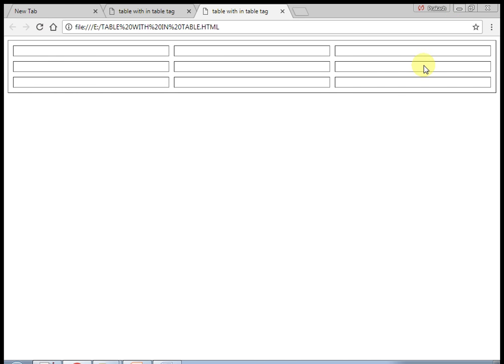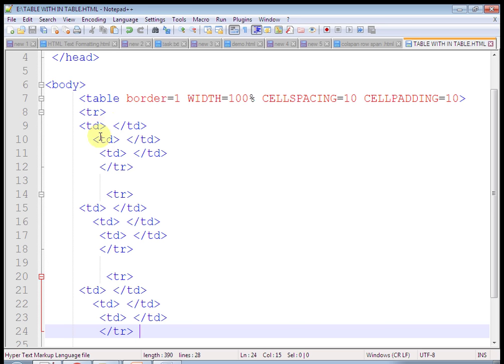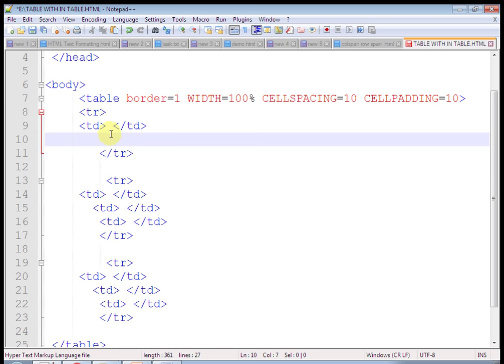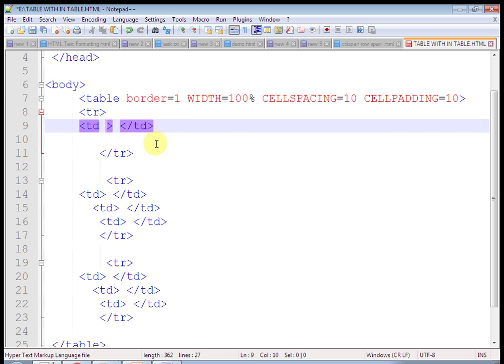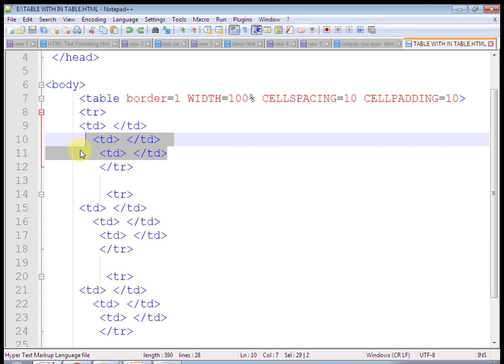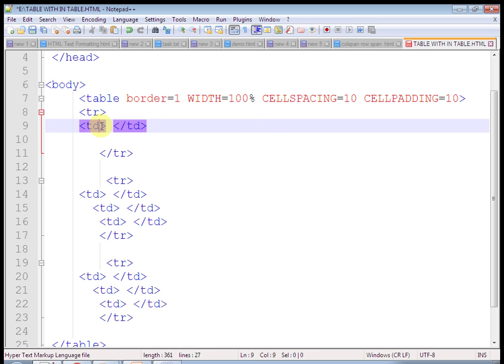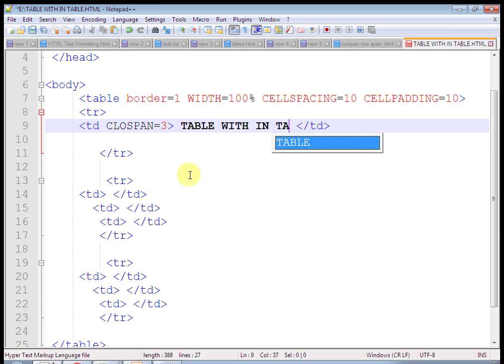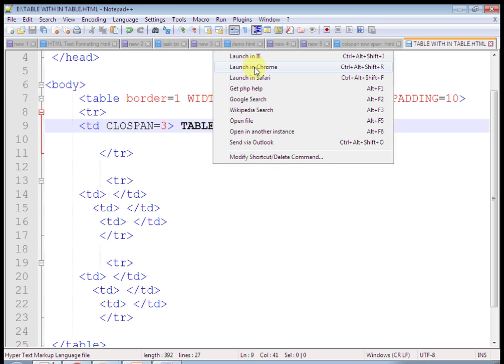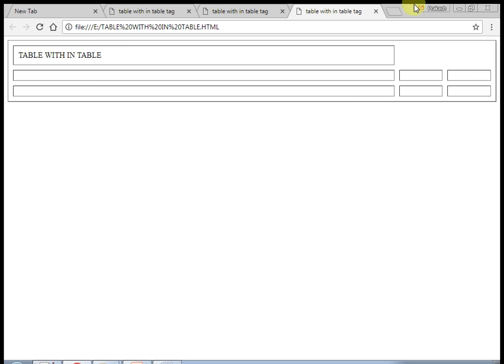Okay, see what happened? There is a certain problem. This is a table, this is another colspan, so it's okay. Then, table within table. Now one more thing, I want to put another table. Just remove these 2 and I want a table here. In this cell I'm going to define another table. First take output. Now this is one more cell. I want a table here.